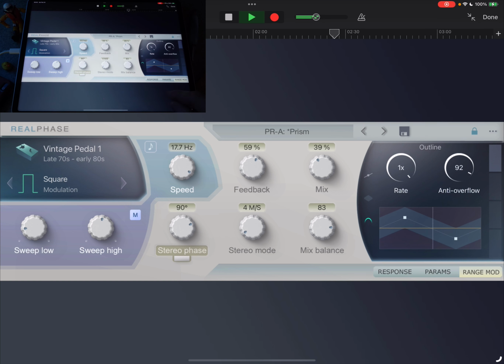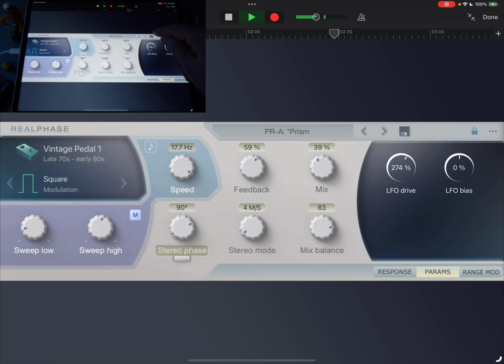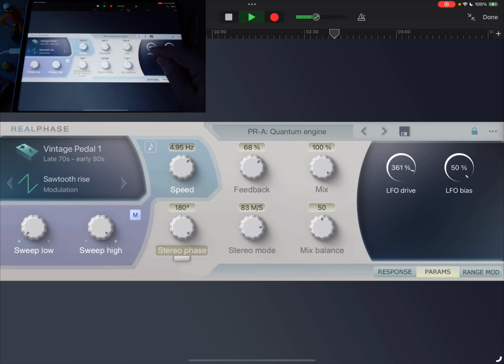Again, so you can use an LFO to overdrive the oscillators. Can't really hear it that well, but